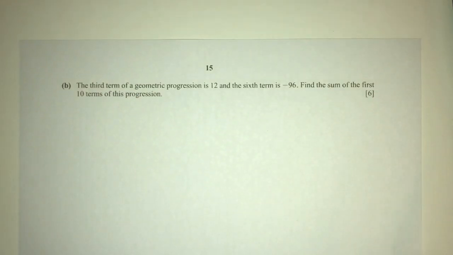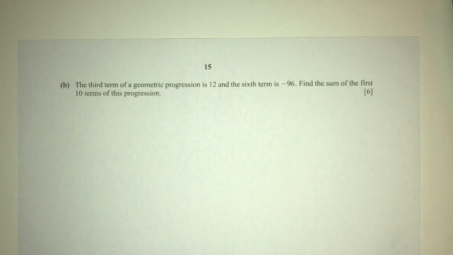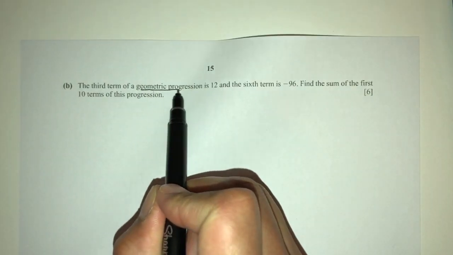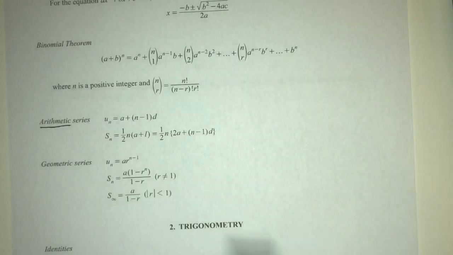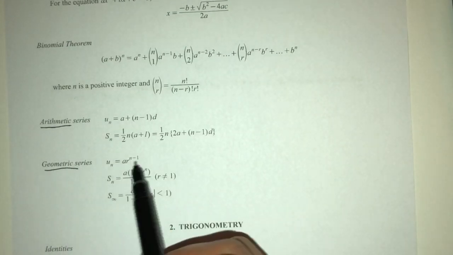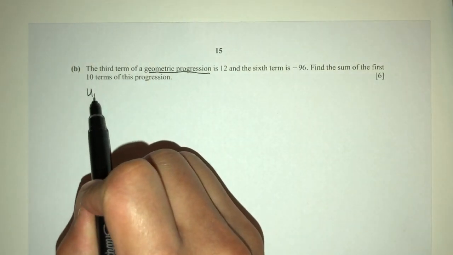Now let's move on to part B of the question. So the third term of a geometric progression. Whenever you see that, again, go back to your list of formulas. You will see here we have geometric progression. So write down the formula that we need. So here we have the nth term is given by